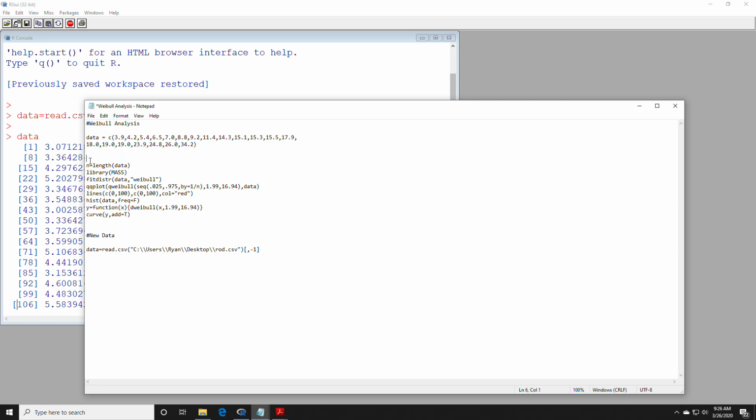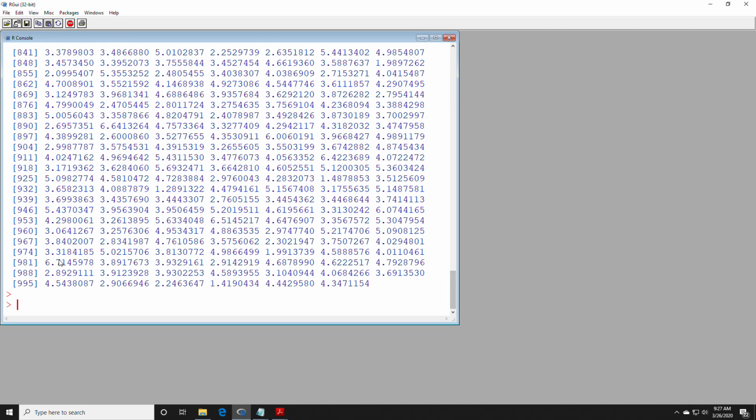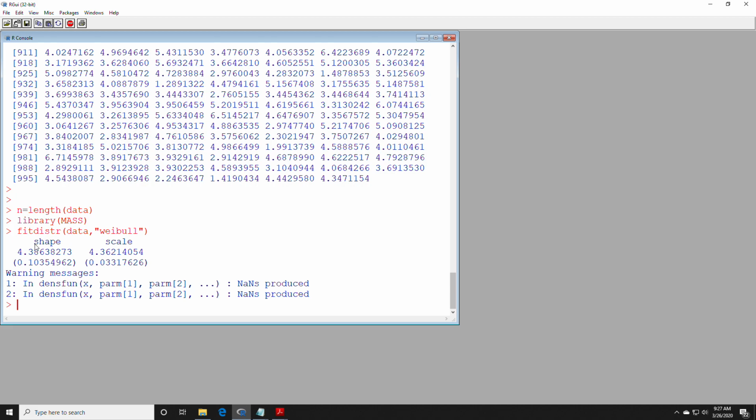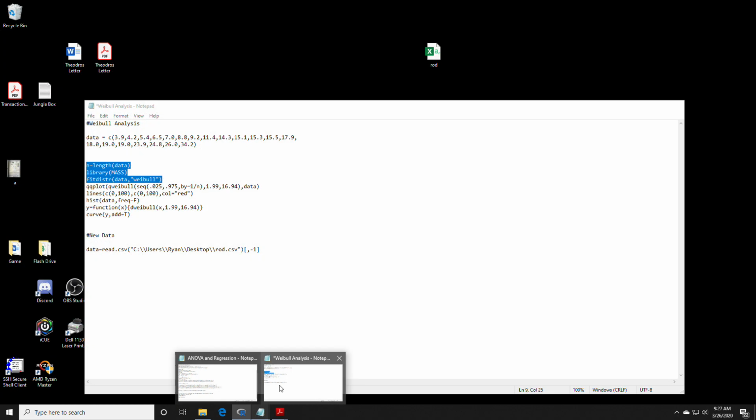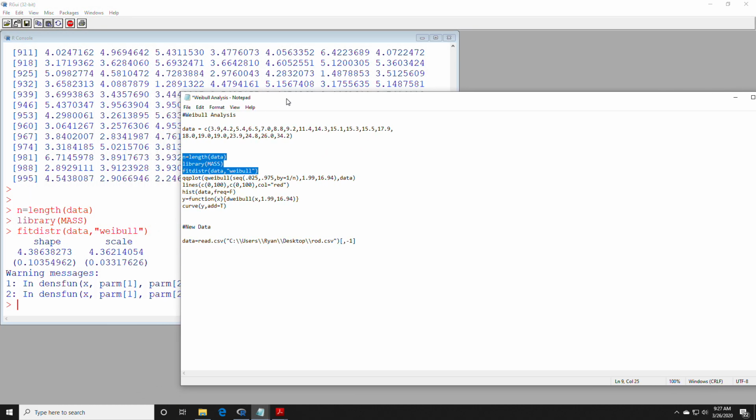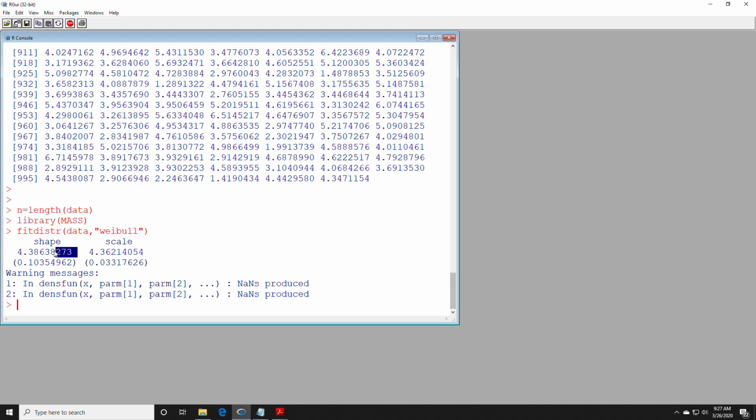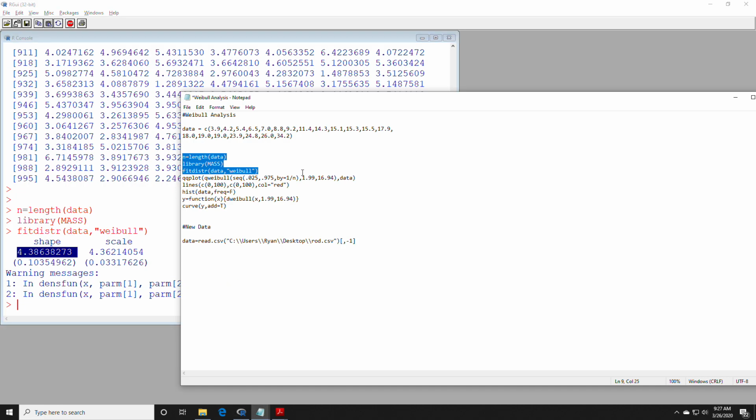And so, again, my data is called data. And so I can just copy paste these first 3 lines to get my Weibull maximum likelihood estimates. Just ignore these warning messages. Pull this over here a little bit. So shape goes here, scale goes here,